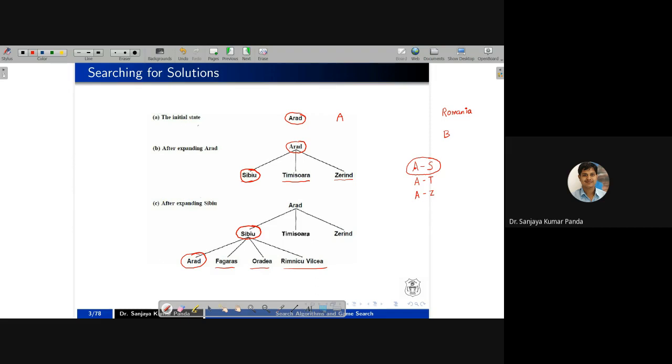That means the same city where you came from, the same city is again coming when you explore that particular